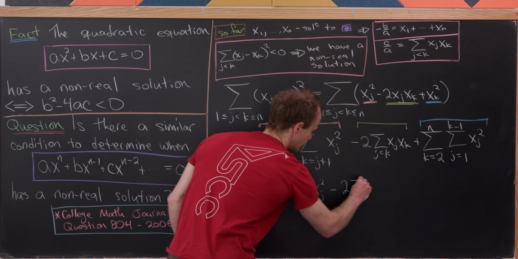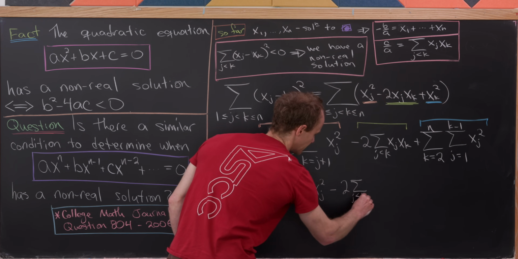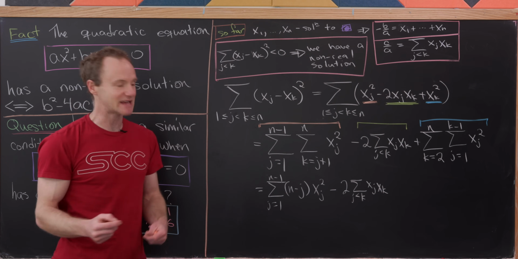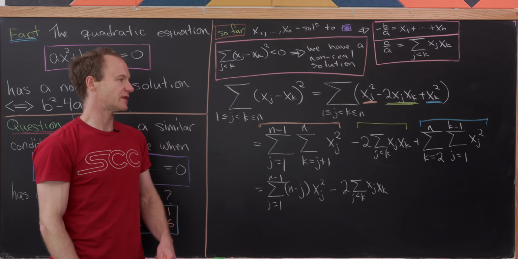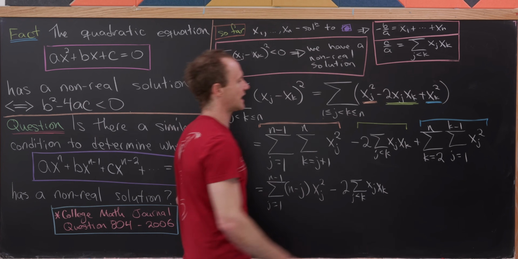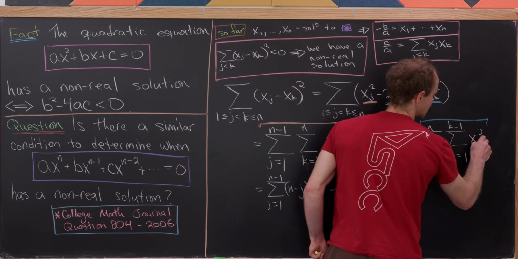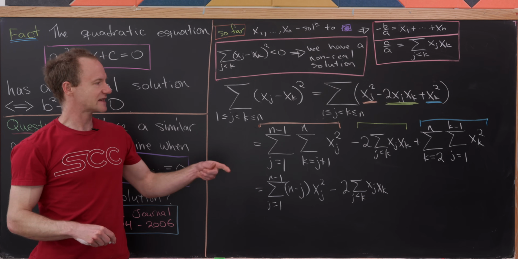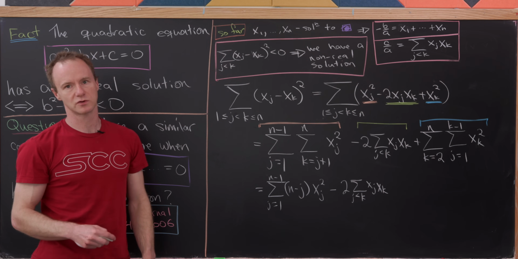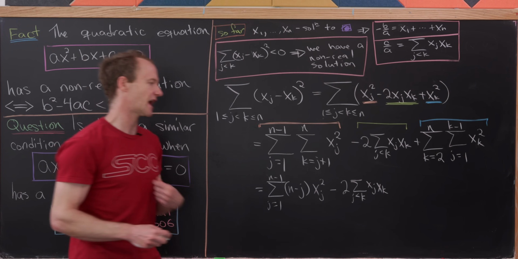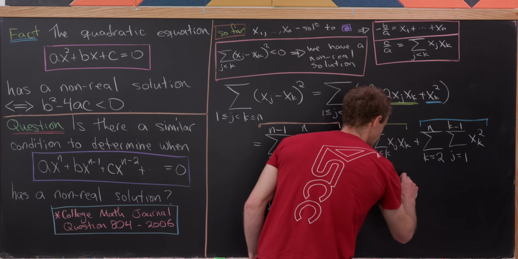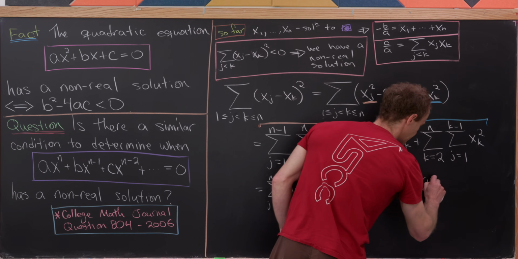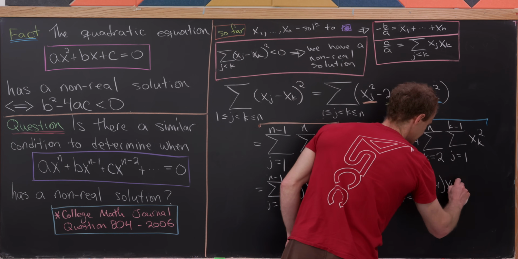Then I'm just going to straight bring down this middle term. I don't need to do anything with that. And let's see, for this last term, the same kind of thing's happening. So that xj squared, oh, and I realize that's a typo, that should be xk squared. And that xk squared doesn't depend on the j, so we're just adding xk squared to itself k minus 1 times. So here we get the sum as k goes from 2 up to n of k minus 1 times